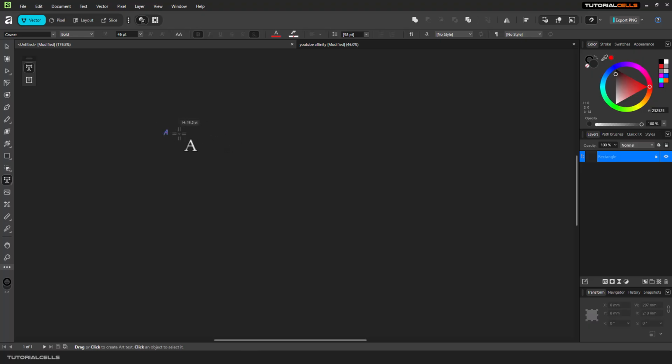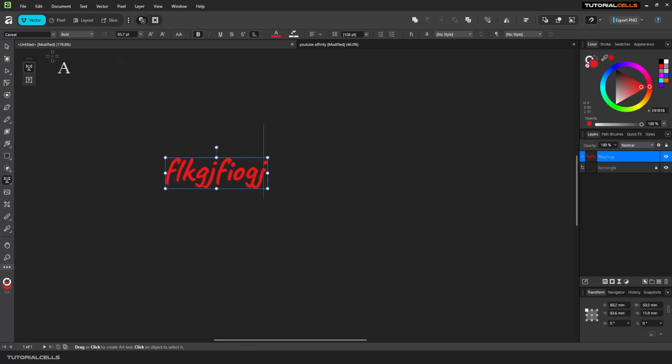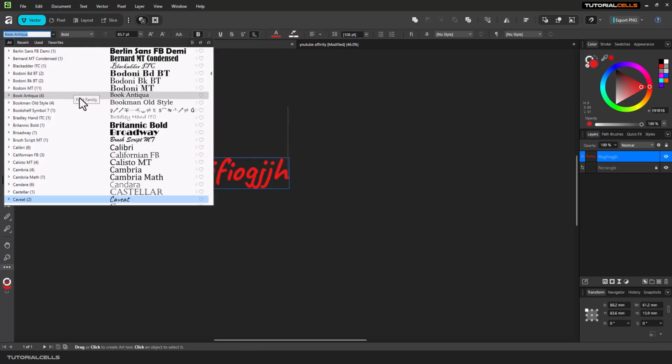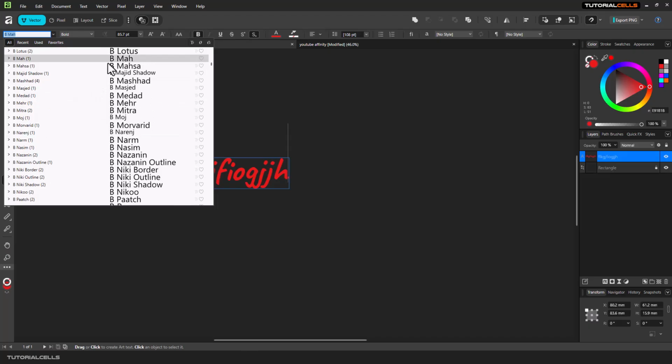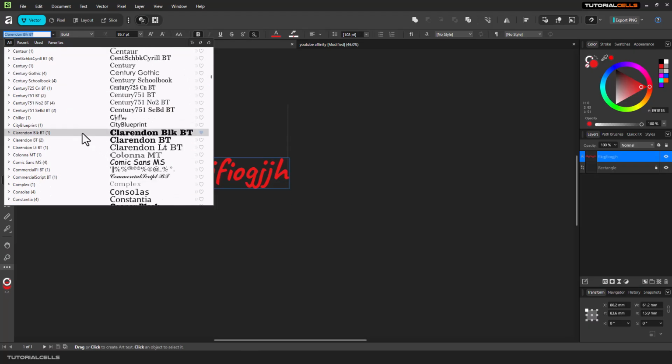First, if you click and drag, you can choose any font size that you want. Then release, and you can type any text that you want. From the top here, you can change any font that you want. Okay, any font here